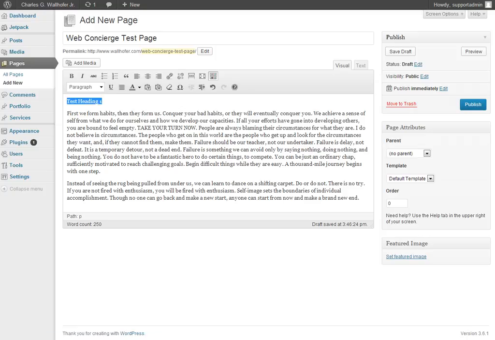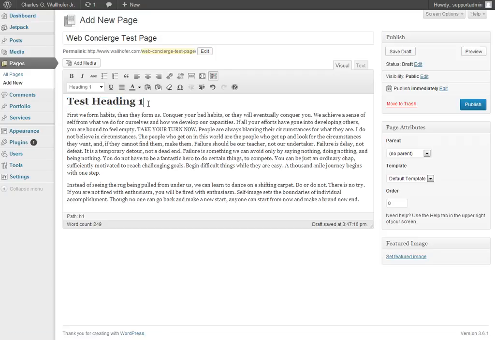But let's say we want it to be a little bit larger, like you have in the image that you sent me. We'll just change this to heading while having it highlighted. Boom, voila, you have that changed. You can also change color by going into here. You can underline it, put quotations around it, and for example, let's say,